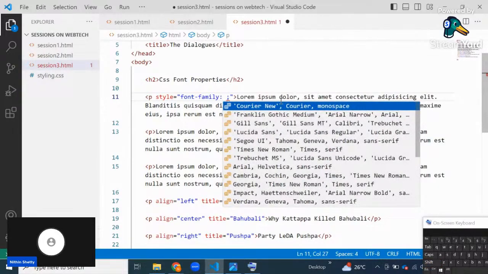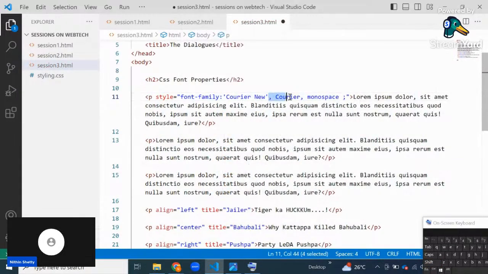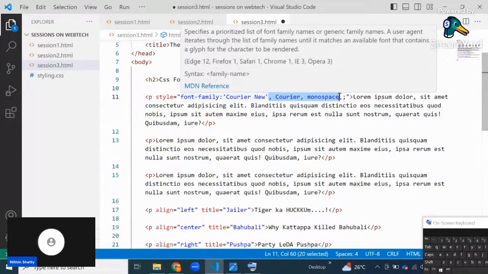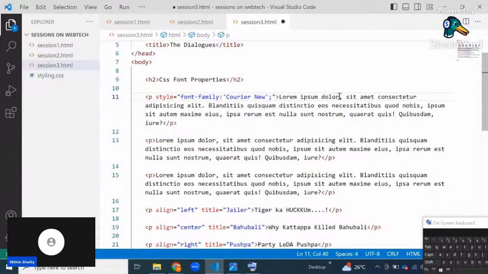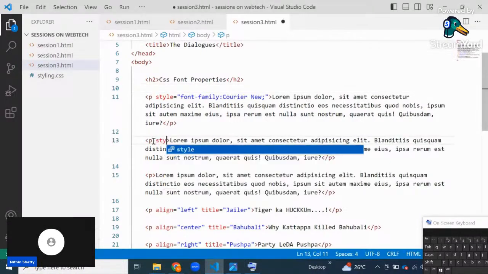So I will say Courier New, and I will just choose one of it. If you want to create a differently looking text, this is the CSS property, that is font family. Like that itself, I'll say style